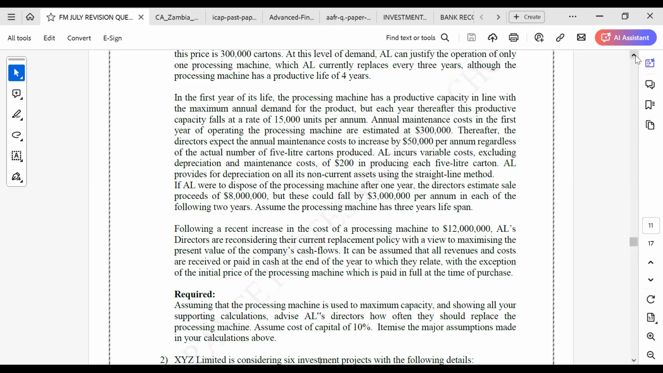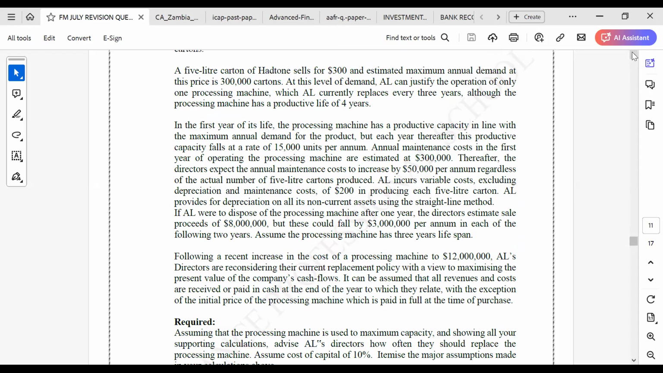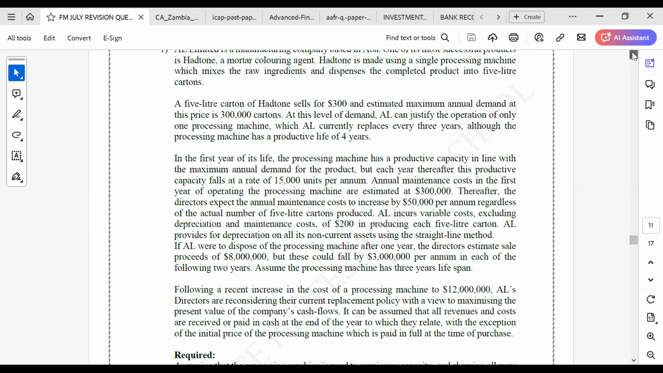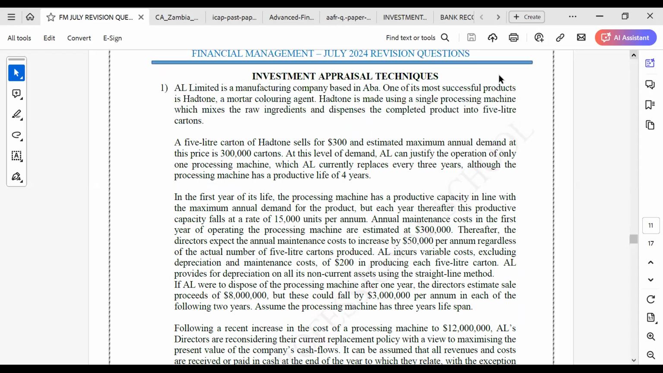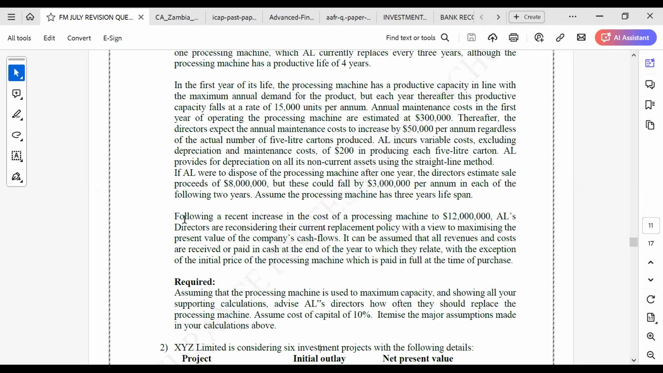Is that the purchase price? I'm thinking it's 300 times the 300,000. No, those are maintenance costs. Okay. The machine has already been purchased, and we are not going to be incurring any purchase cost for this